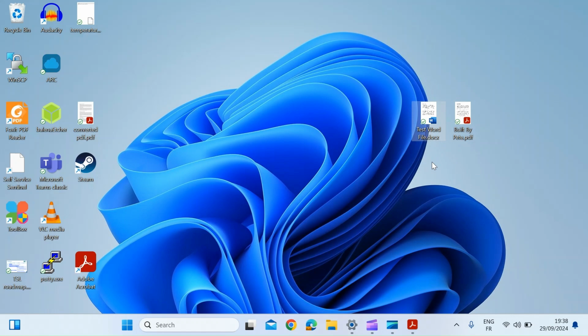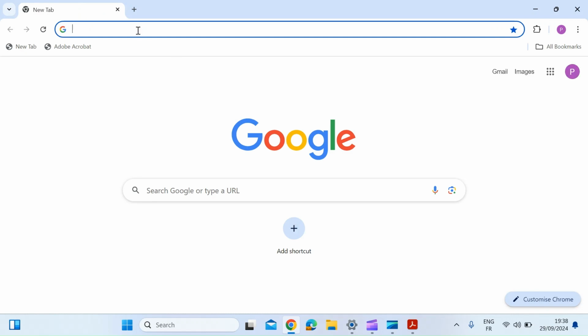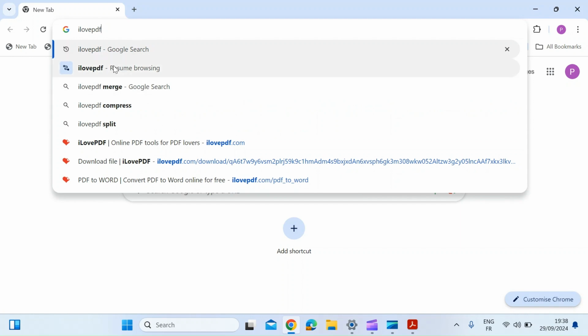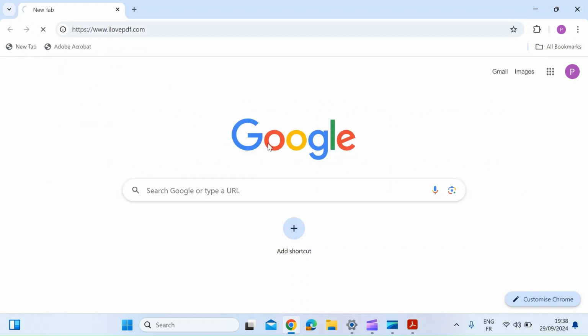Now there is another way that you can do that. So if you don't have Word document ready to hand, you can do that using an online tool. So if you just open up a browser, I'm just using Chrome. If you type in ilovepdf.com and go to that website,